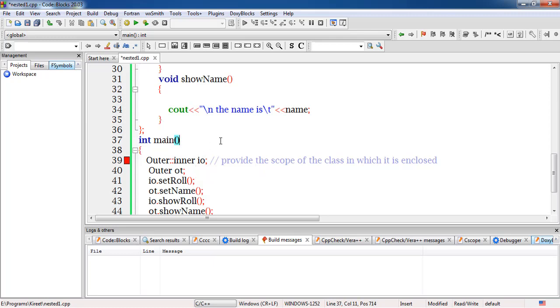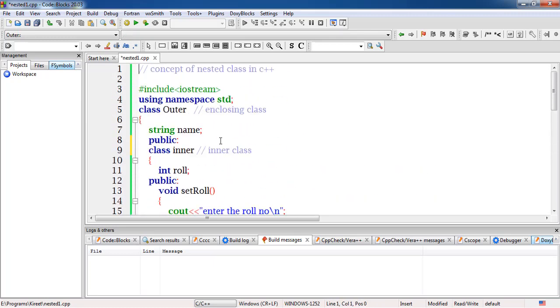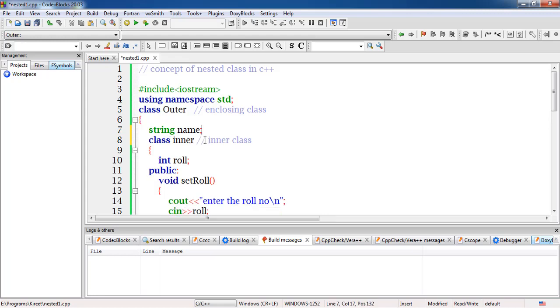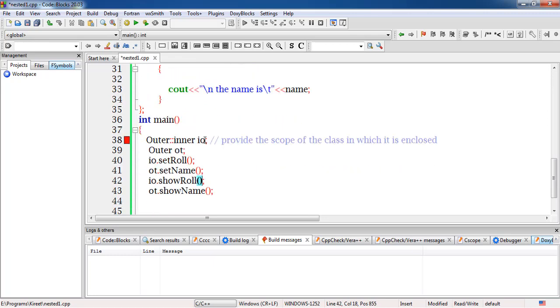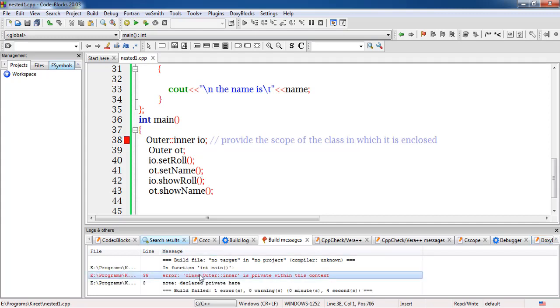But when we declare this inner class as private, we won't be able to access these member functions now. So if I try to execute this program, it will result in an error. It will say that this class outer.inner is private, you can't access this.